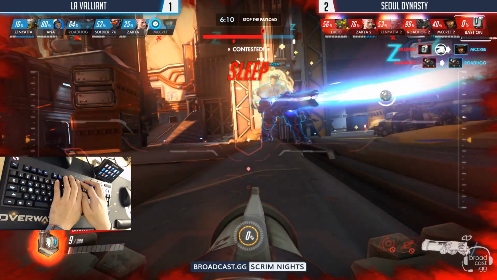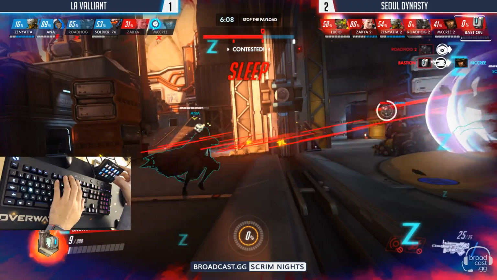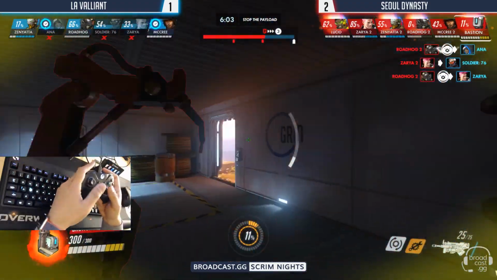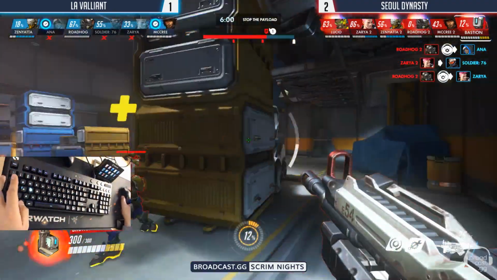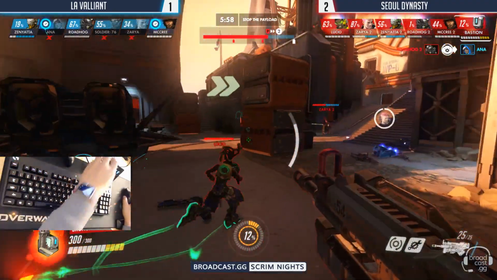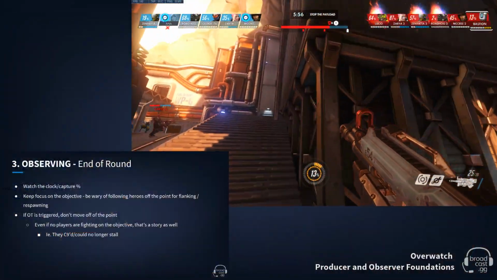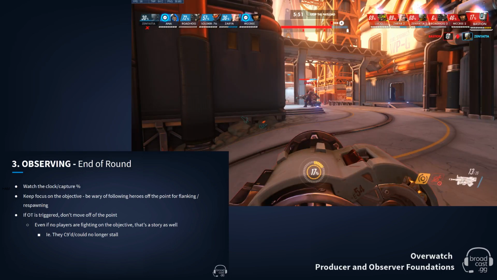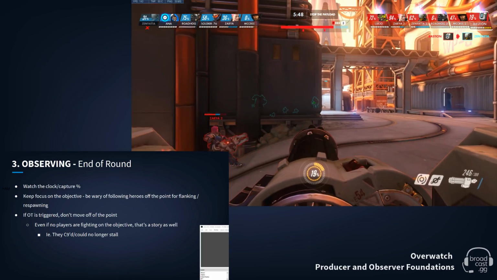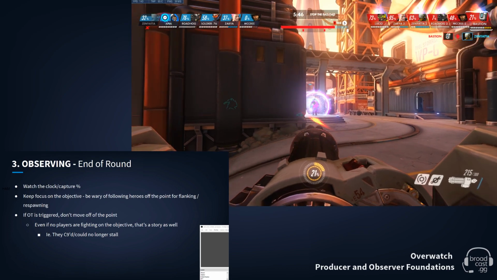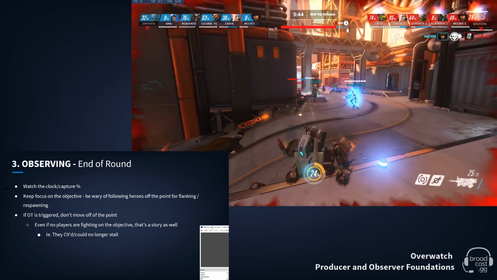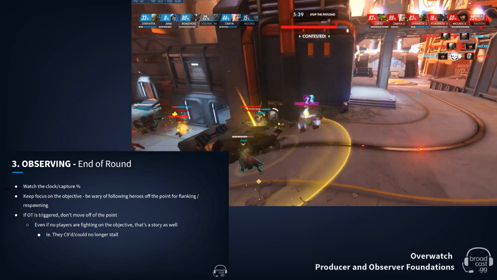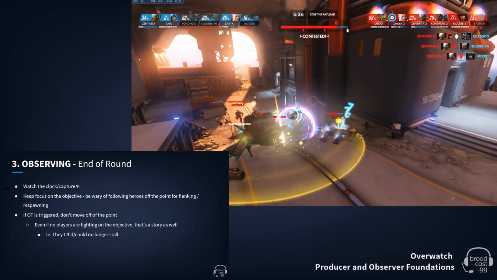So, now let me, we're not quite towards the end of the round yet, but I'll just cover some of these things to keep in mind as the map draws to its conclusion. So it's very important during the team fight, you're keeping an eye on the ultimates, right? These are the things that make or break the fight. And so you're watching for offensive ults. Blue Genji has a Blade up, but red Zen has a Trance, right? So keep an eye on all of those and be sure to capture that when the action goes down